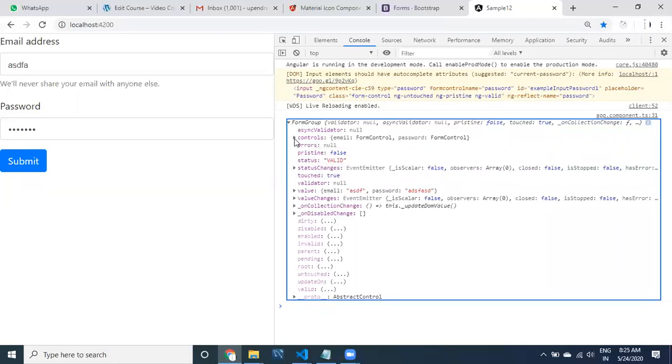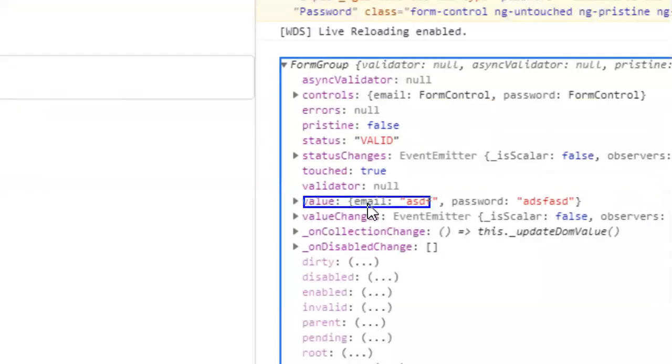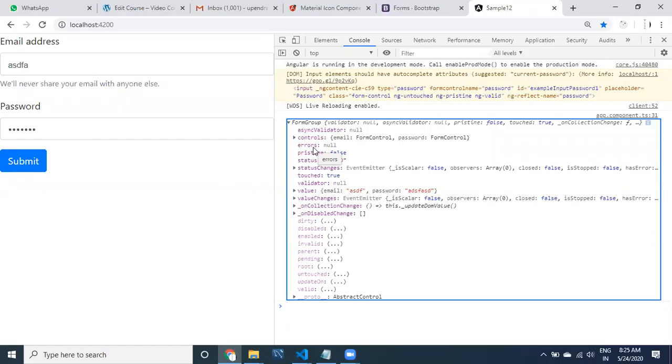Another thing is whether it is valid or not. We'll be discussing value. If you take value directly, we printed this information just before. If you want to get JSON values, that is value. I would like to check form valid and invalid.